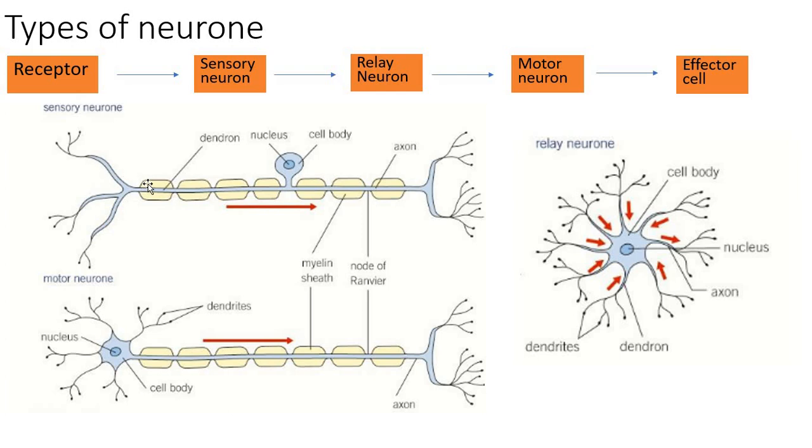So an example, such as the knee-jerk reflex: the stimulus is going to be stretch of the tendons and ligaments in the knee joint, just below the patella, which is the kneecap. That's going to cause an electrical impulse that goes down the sensory neuron. The relay neuron is found in your spinal cord, and that's going to go back down to a motor neuron, which